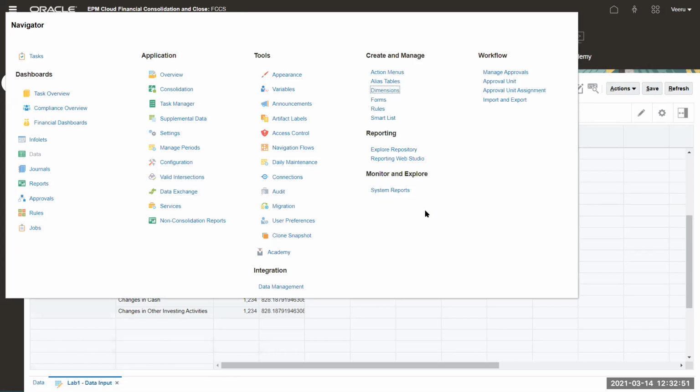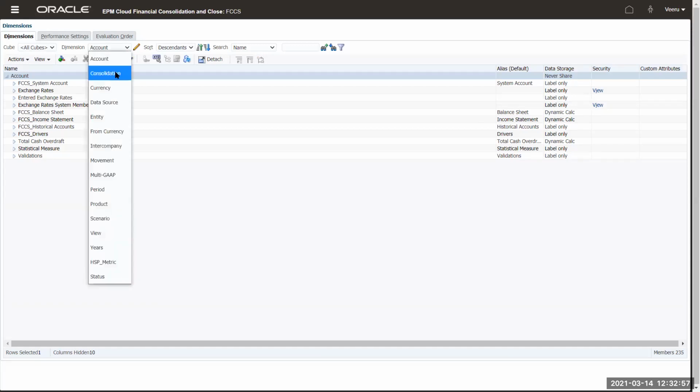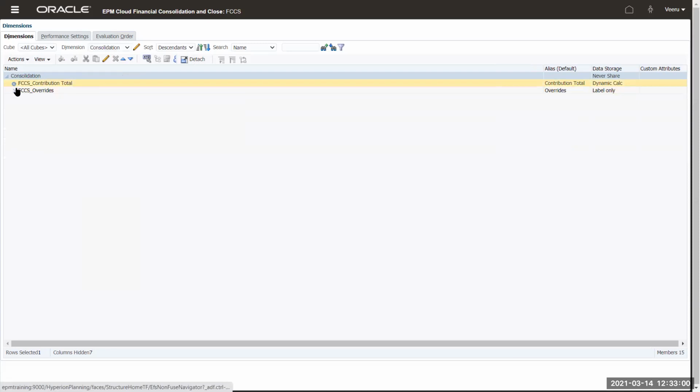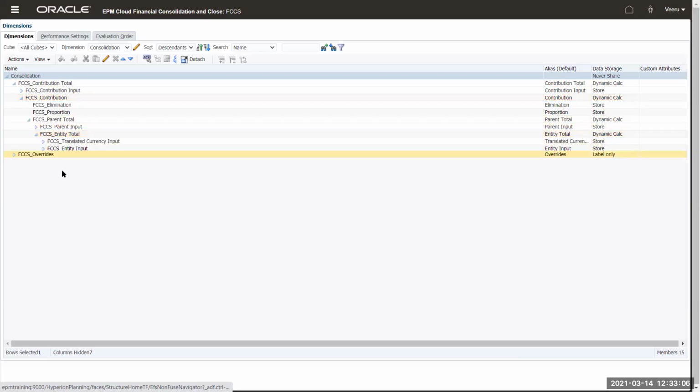And likewise, we can see the elimination also from the consolidation dimension. In the consolidation dimension, there is an elimination member, right? This elimination is something that happens at a parent level.